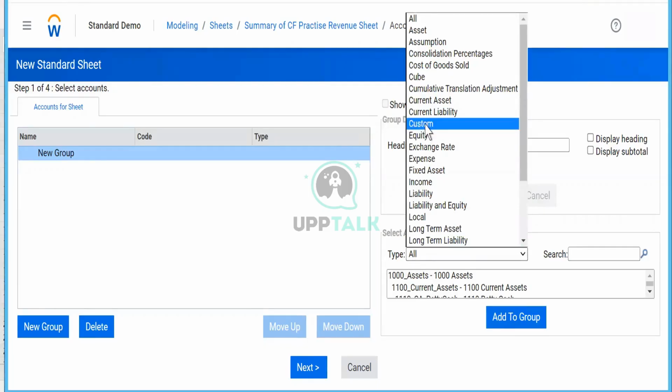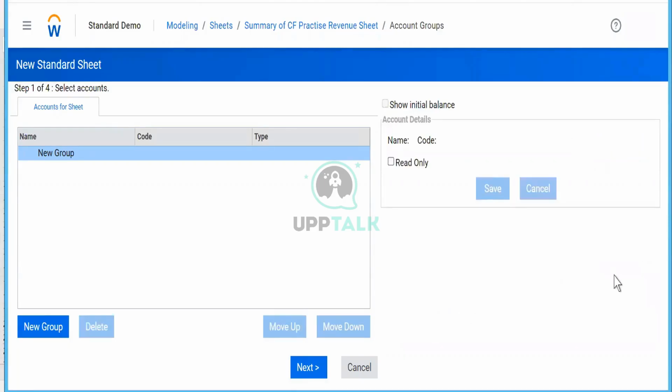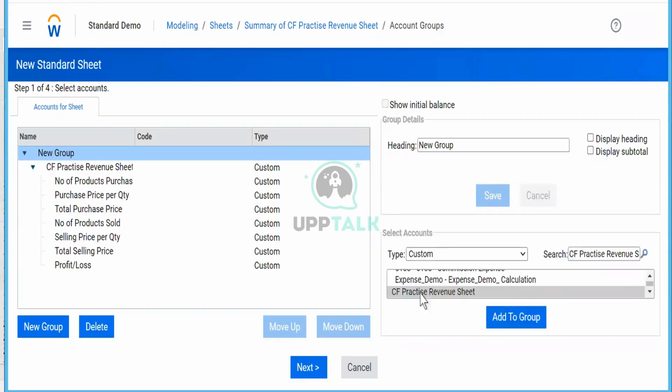You come here and click on the custom account and search for those groups that you created. I think it's way down. Otherwise, there is a search option also. I would basically search with the name. That's it. Once you select the CF, it's got added.